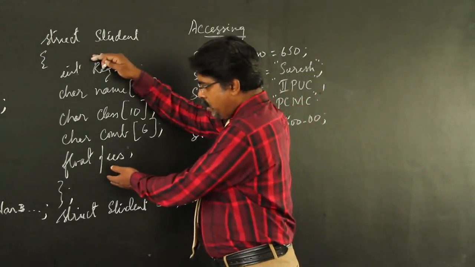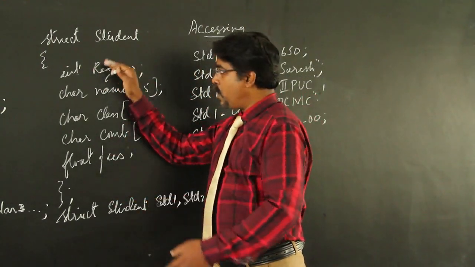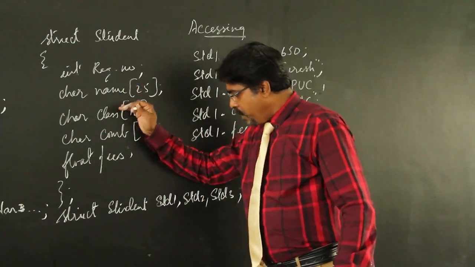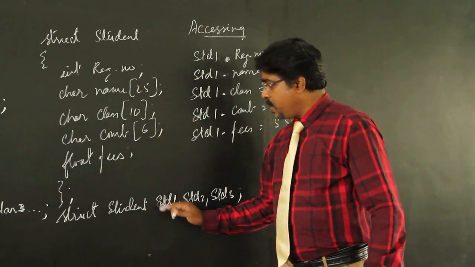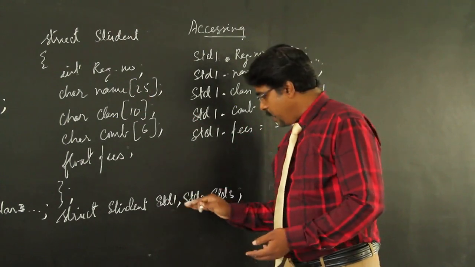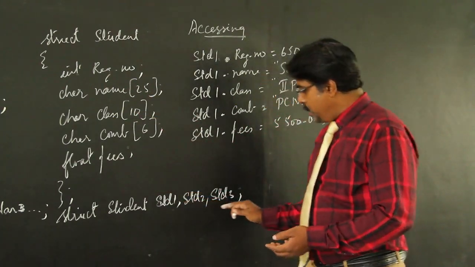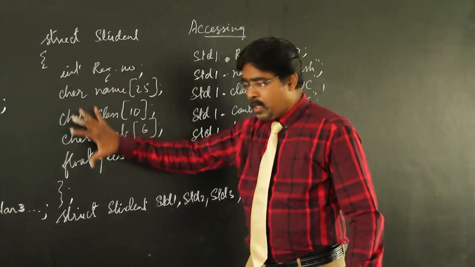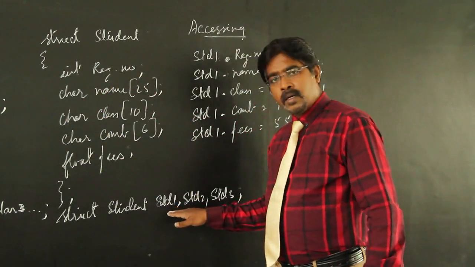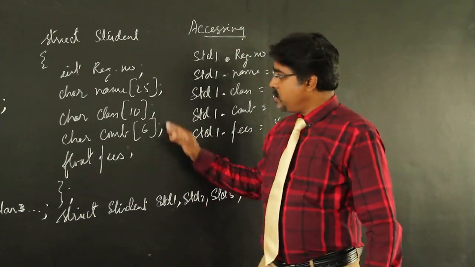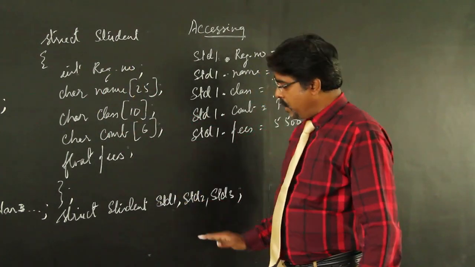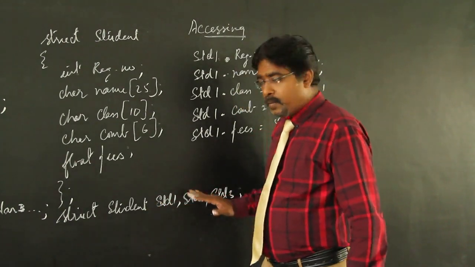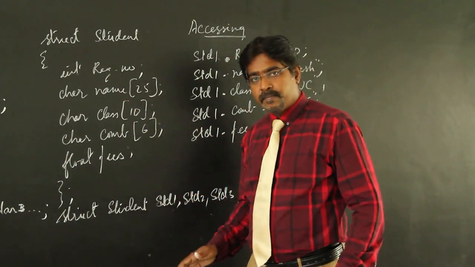This acts like a template for the structure. When this is a template, we will be using this template for std1 separately. Likewise, std2 separately. Then std3 separately. std1 contains the whole members for std1. std2 contains these whole members. Likewise, std3. Without declaring the variables, memory allocation cannot be done.